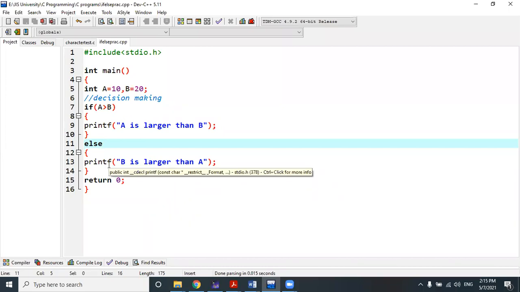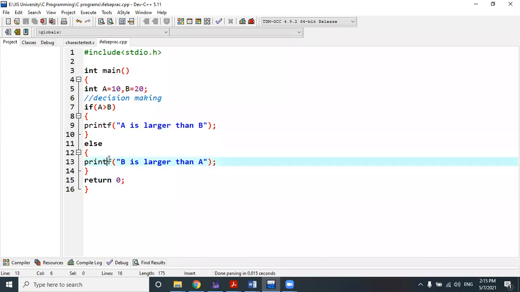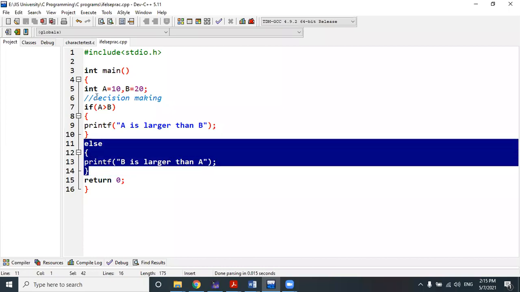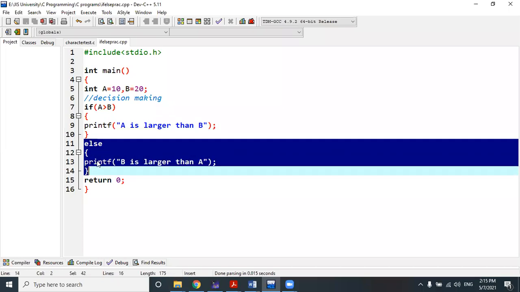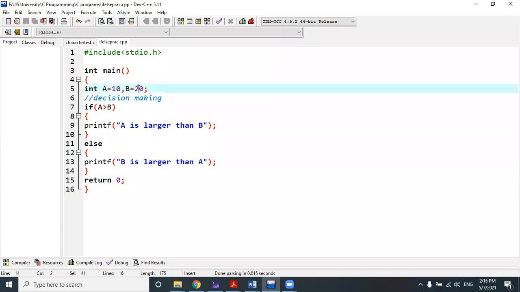That means if a greater than b is not true, then a less than b, or a equal to b, is held by the else part. Remember it very carefully. Else part holds all the opposite conditions of a greater than b. Even a equal to b is held by the else part. Even if the two are equal, that condition is also held by the else part.